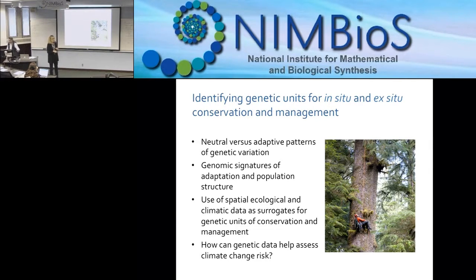I'm talking about trees. They live a long time. They're stuck in one place. And long-lived trees are experiencing a faster rate of climate change than anything else on Earth, because the rate of environmental change you can withstand has to do with the amount of change in a generation. And these are long-lived things. So climate change is pretty much overwhelming a lot of other concerns, and the associated changes in pests and pathogens